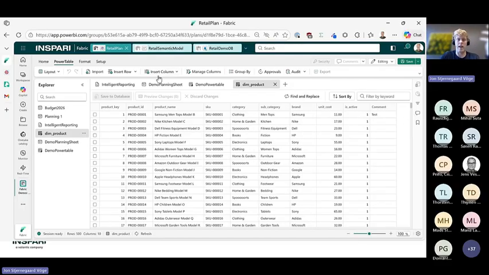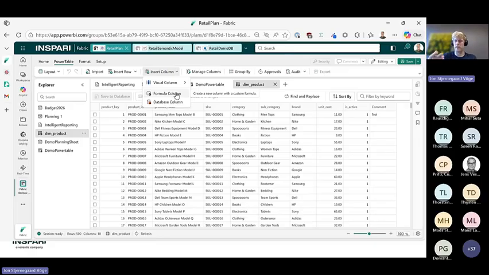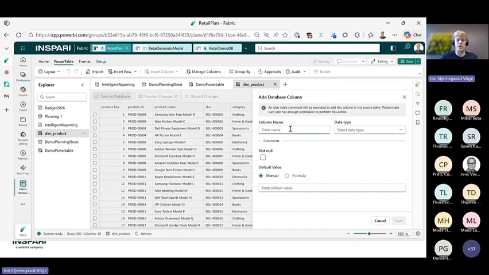If I wanted to add a new column, this is just me testing this out earlier today, right? I can create a new column, and there are tons of options. I can reference another column in another table. I can create a numeric column based on a formula. It doesn't have to be numeric. I could use concatenate to concatenate strings, that kind of stuff too. They stick to their own terminology, formula column. Or you can just create a new column manually in the database, right?